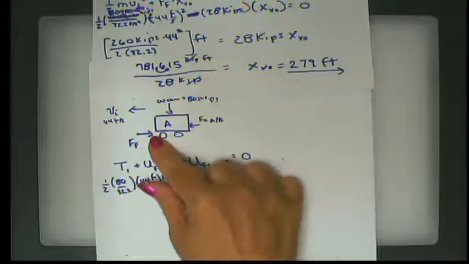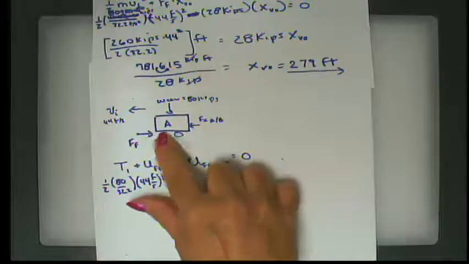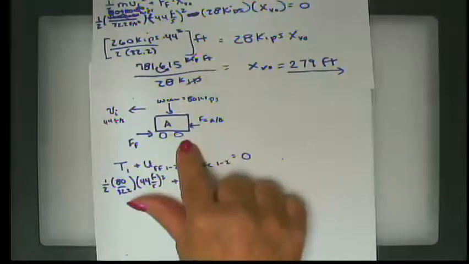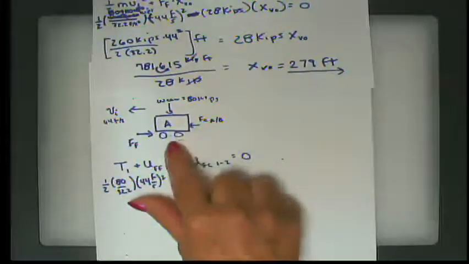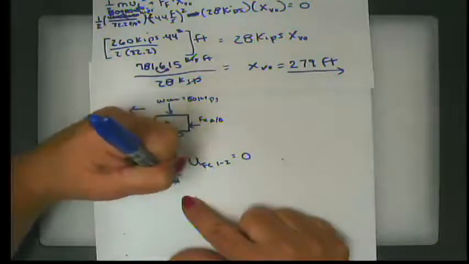But once again, just like in the original problem, this is opposing the motion. This is actually pushing the car in the same direction as the motion, isn't it? Those cars behind it, without the brakes applied, are pushing it. So I would call this negative